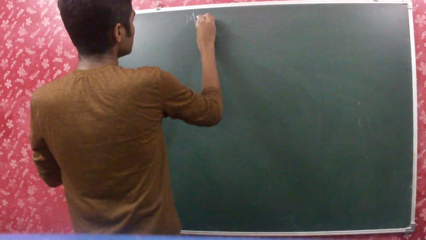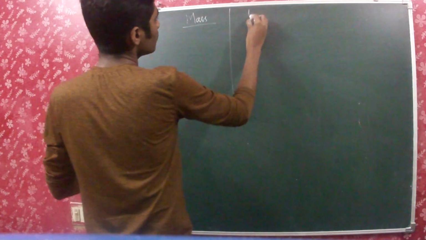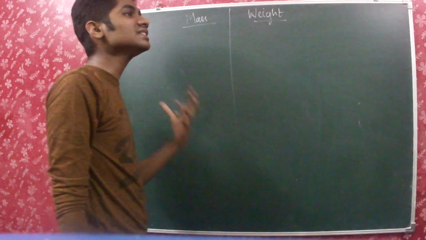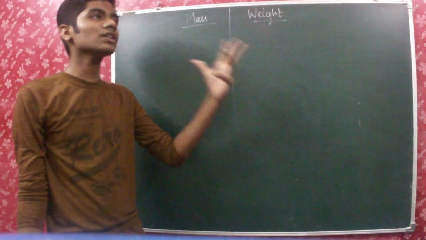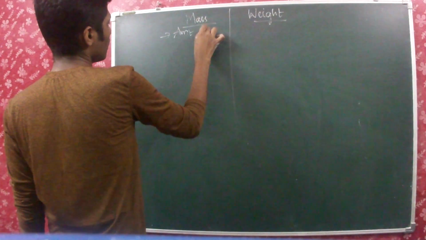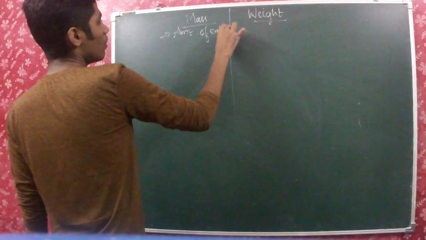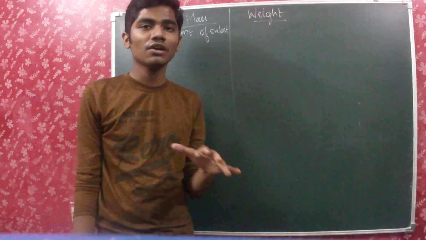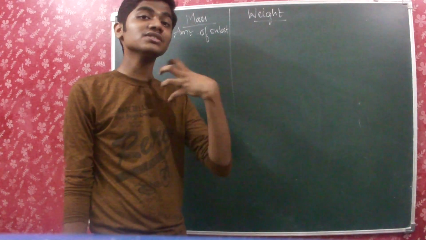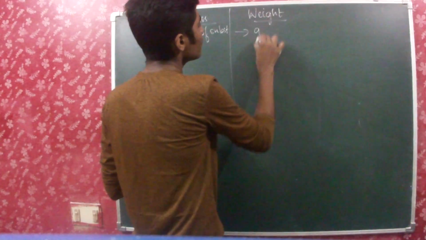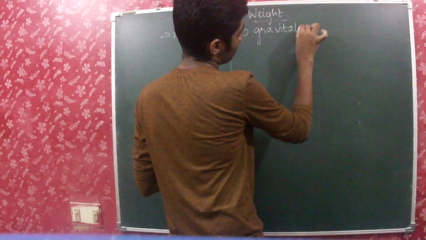Now let us know about the basic physical quantities. First of all, we must know about two physical quantities which are often confused with each other: mass and weight. So what is exactly the difference between mass and weight, or are they both similar? They are not similar. Mass is actually the amount of substance which is present in a body. So whenever I say my weight is 55 kilograms, it's not right. My mass is 55 kilograms because the amount of substance which is contained in a body is known as mass, whereas weight is the gravitational force which is exerted on the body.